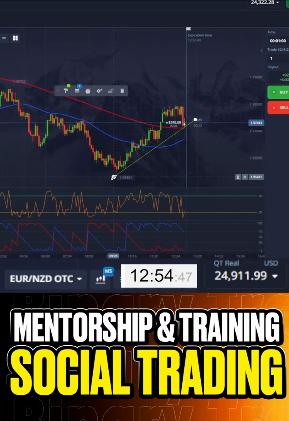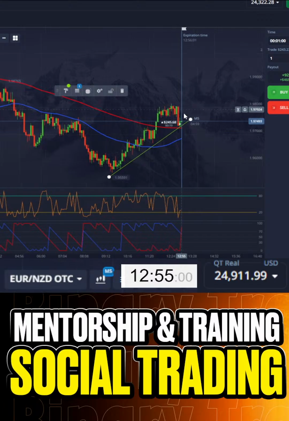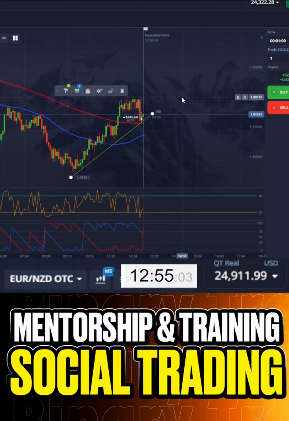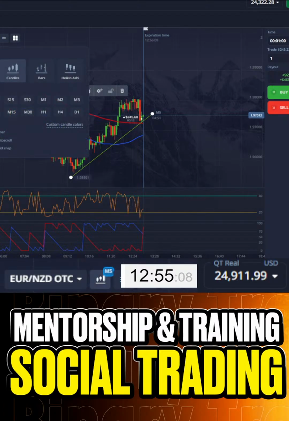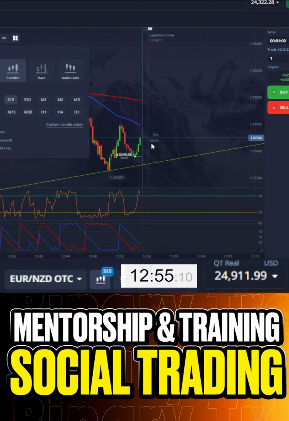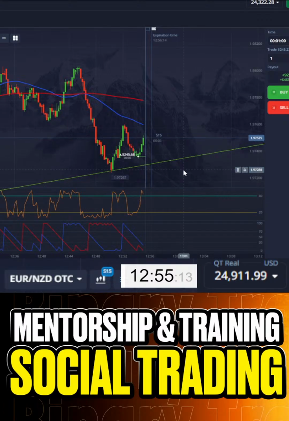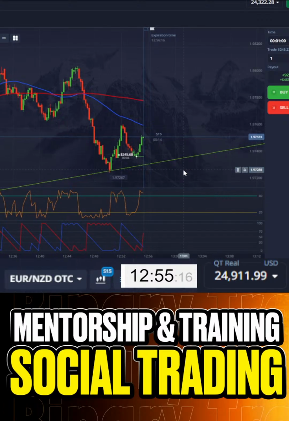The trend line, we can see the trend line is here, and we can see the upward trend, and right now this candle shows that in a moment the sellers were so strong, but now we can see that the buyers are doing very nicely. Let's follow our trend on S15, and we can see the strongest impulse is up, and we have just a couple of seconds, and that's great, plus 400.